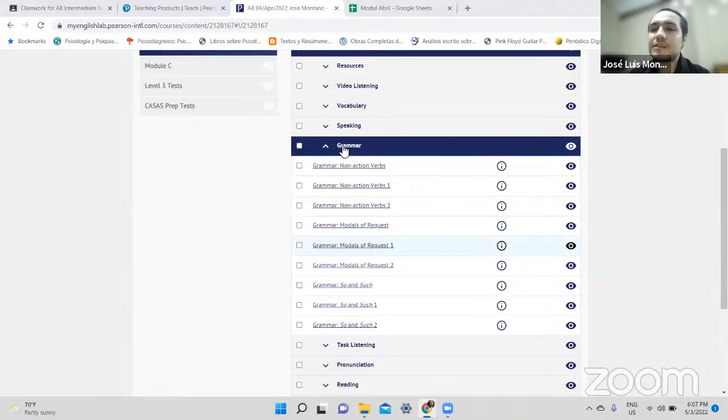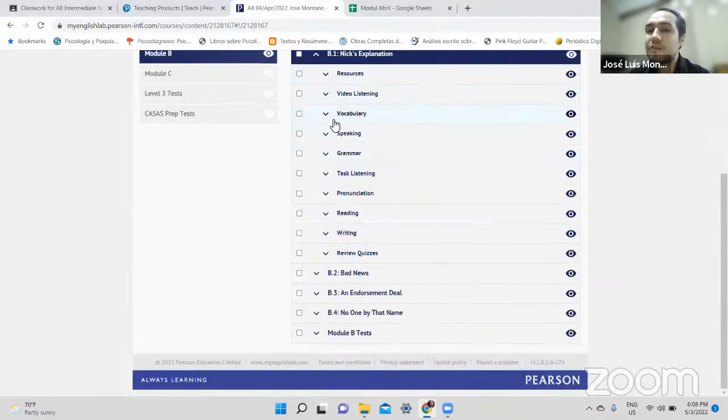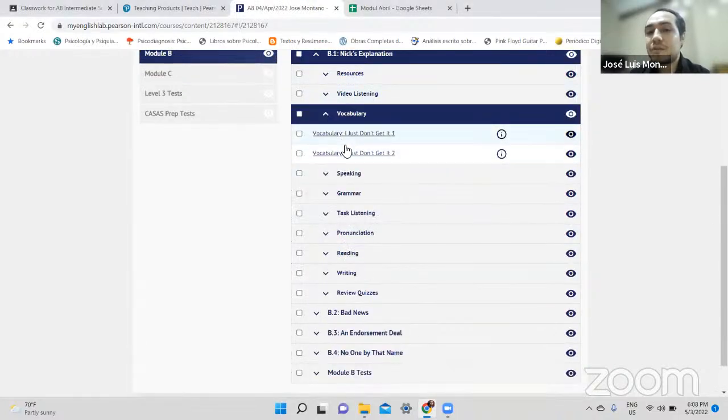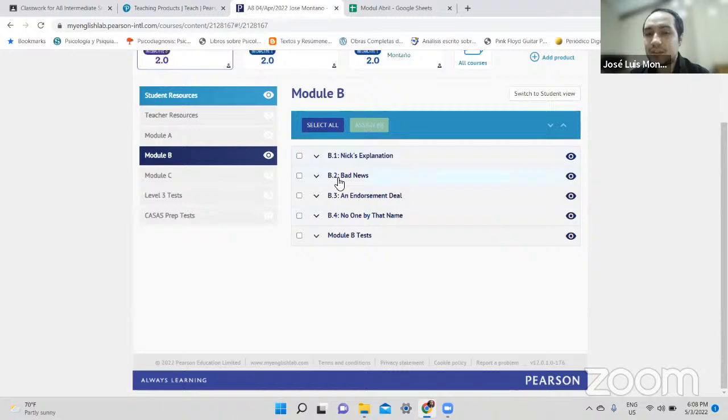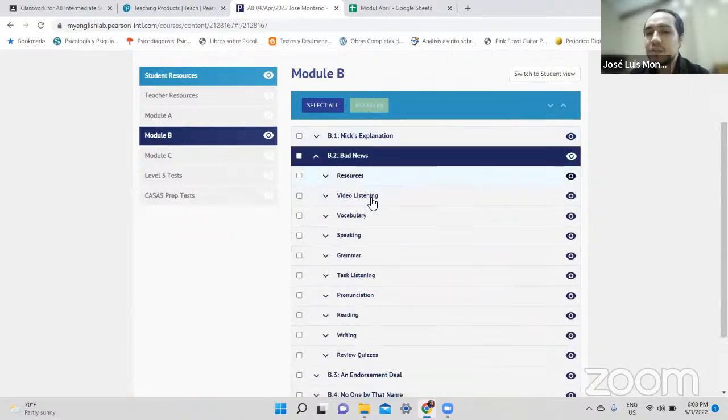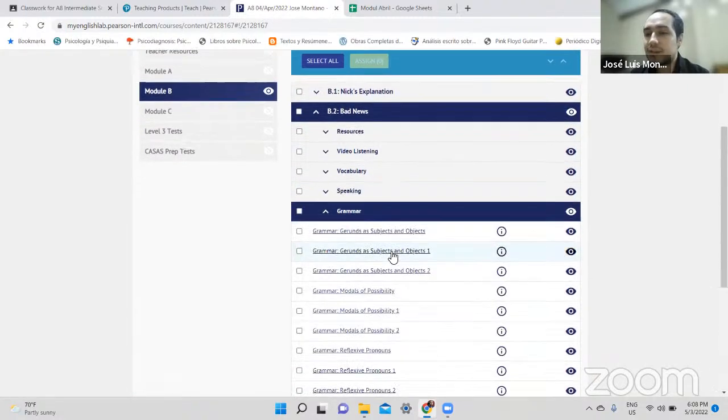No? All right, let's go then to the next one. And also you have other details. In vocabulary, you were learning about I just don't get it. So get as a phrasal verb is important. I don't understand. I don't get it. And you have other details. That's unit 1. In unit 2, you were working these elements with me,